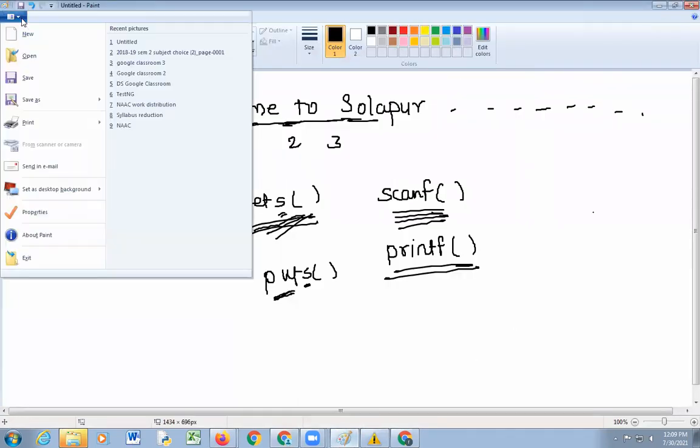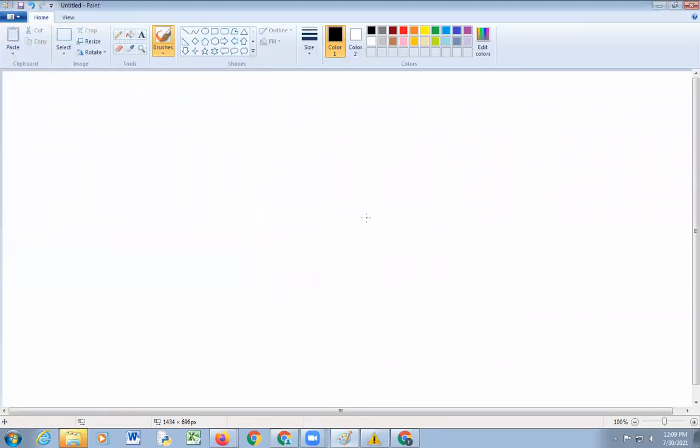Suppose here we are going to use the scanf function for this string. Is it possible? Suppose my string is ABC, a simple string, and I want to enter it through the keyboard. Then you write printf, enter string, and scanf.